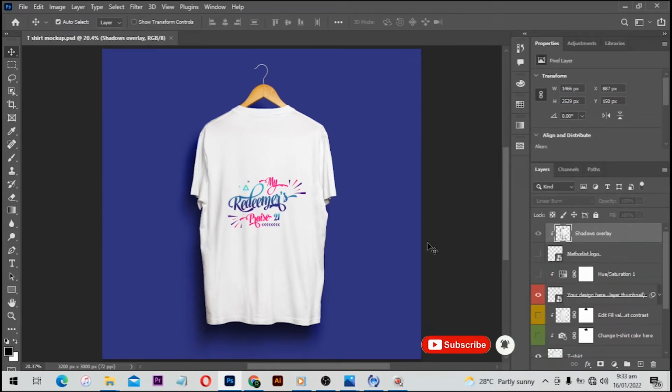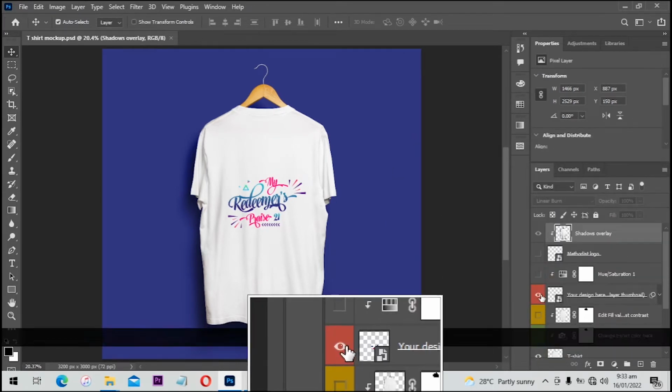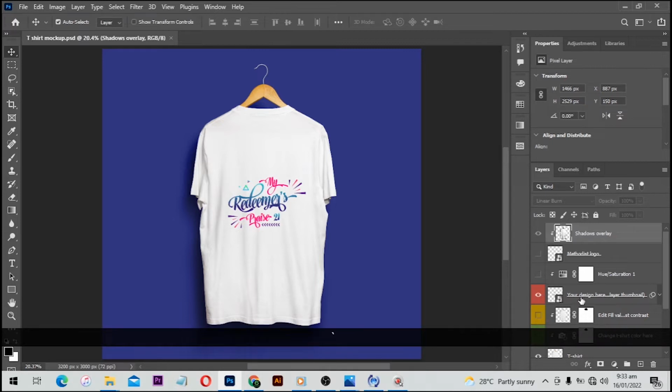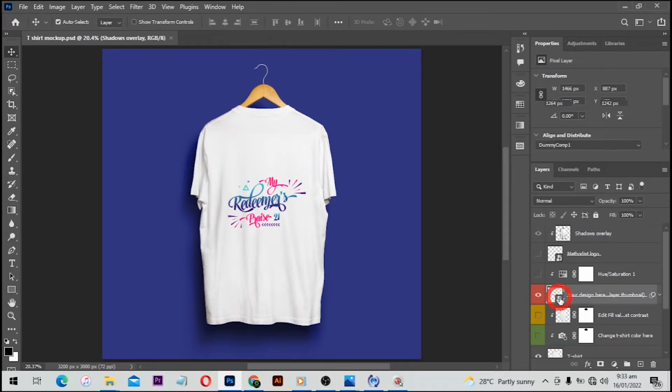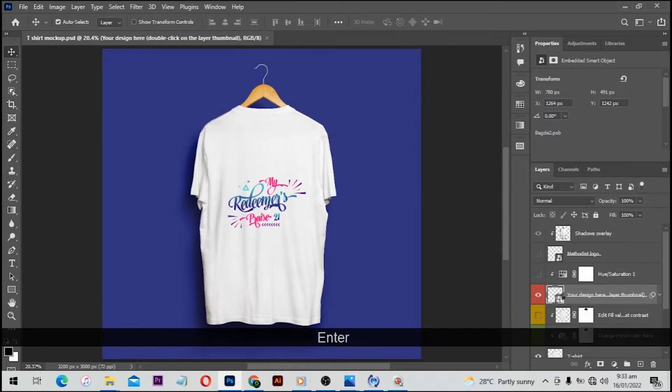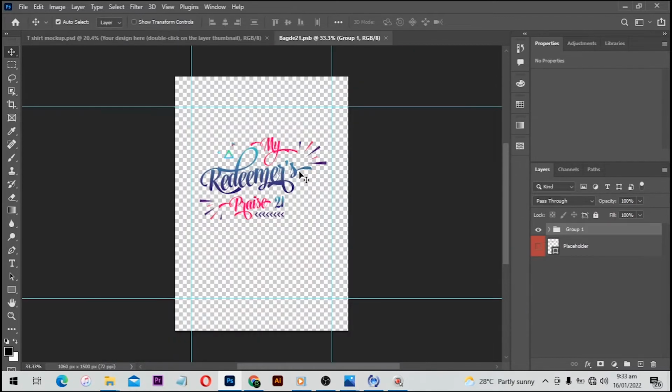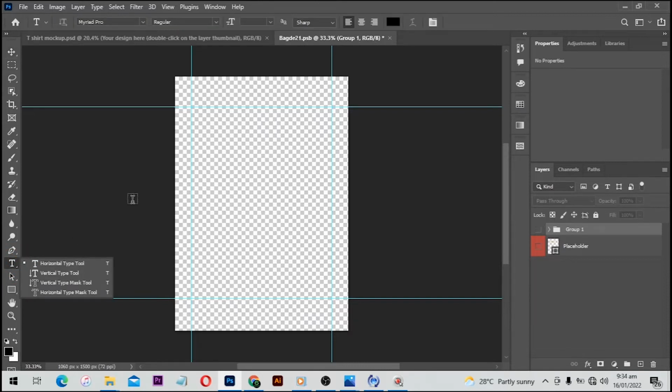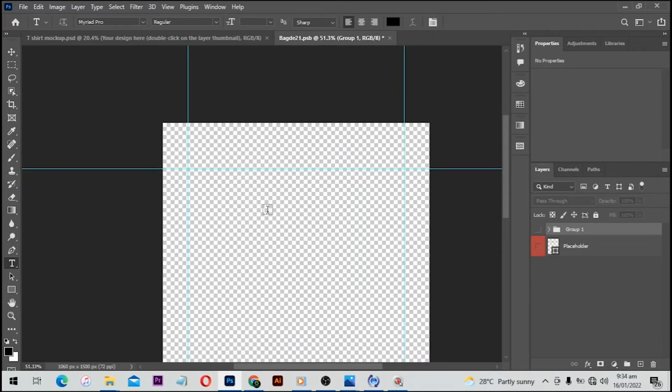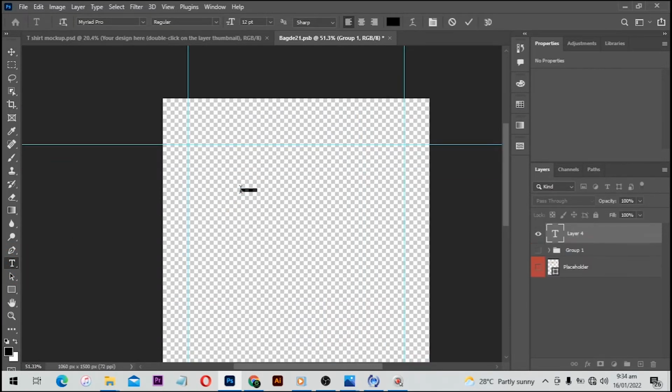Next, we are going to open up the mockup, so you will see a red here. Double click on your design here and we are going to get this in a different page. So when it opens, we are going to have Innocent Boateng's design that he has on the mockup. So I'll hide this. So to begin, first of all, grab your text tool. So this one is going to be text fully and I'll type in my text.